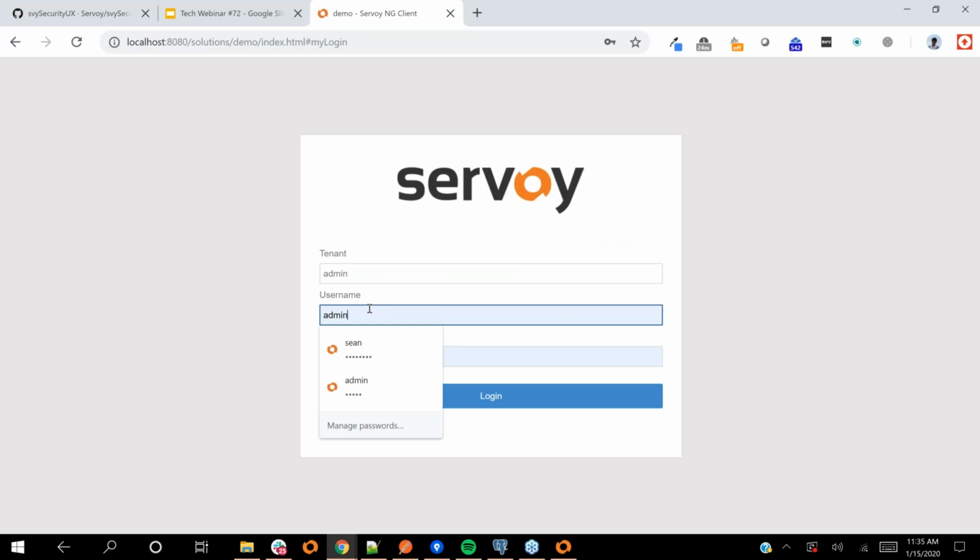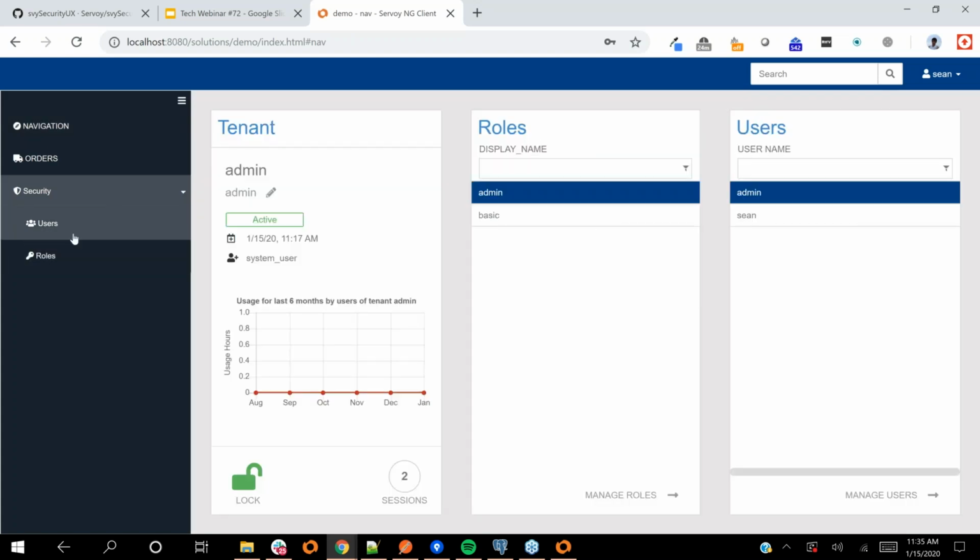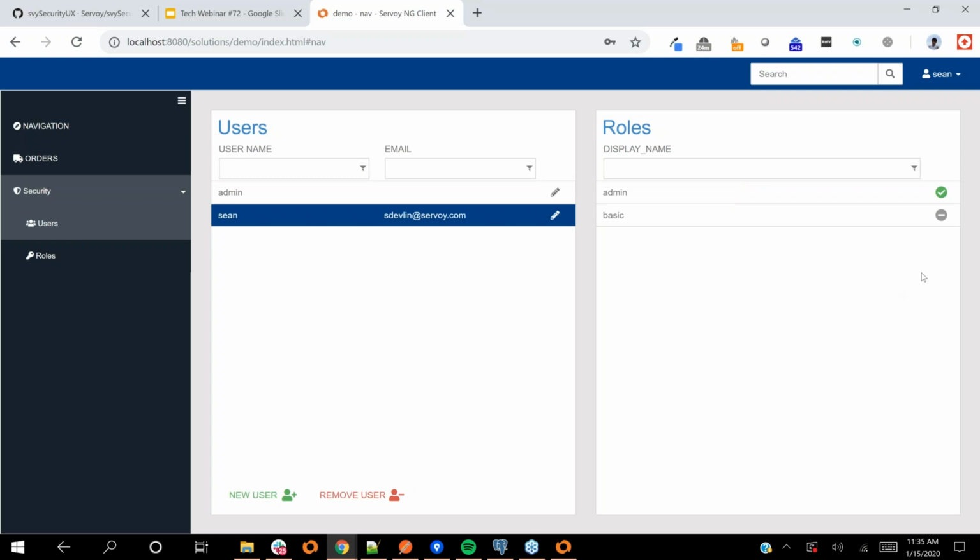And I'm going to come back here and log in as this user. And I had only been given that basic. Oh no, I hadn't made that change yet. So let me log in and make the change. So back here under users, I think it was still admin. So I'm going to revoke admin role and add the basic role, and then you have to log in again